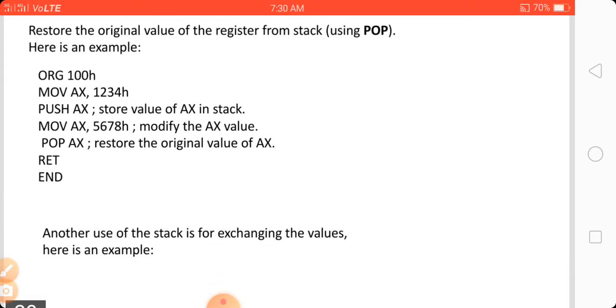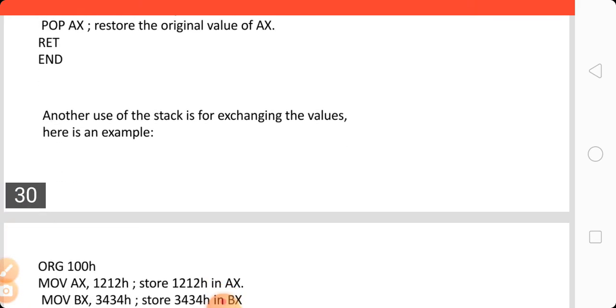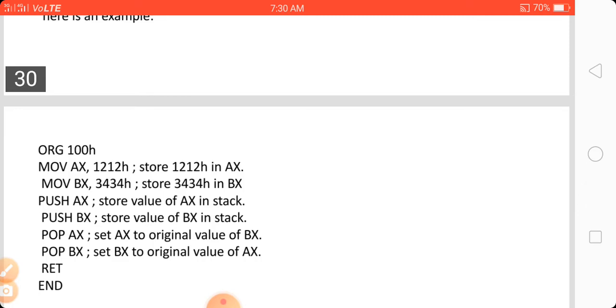Another use of the stack is for exchanging values. Here is an example. ORG 100H, move AX, 1212H, means store 1212H in the AX register, then move BX, 3434H, means store 3434H into BX.